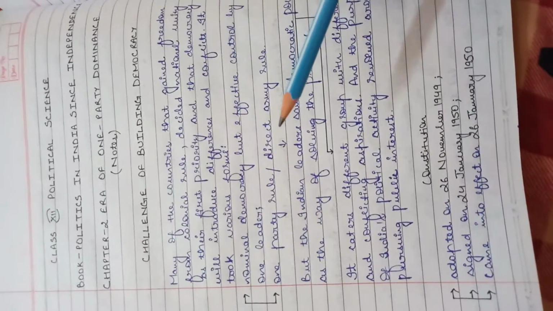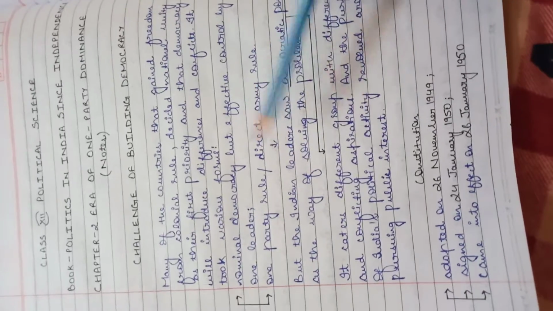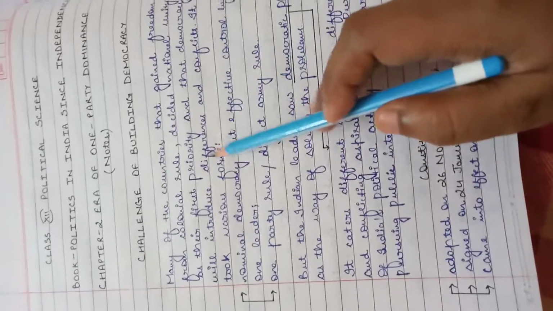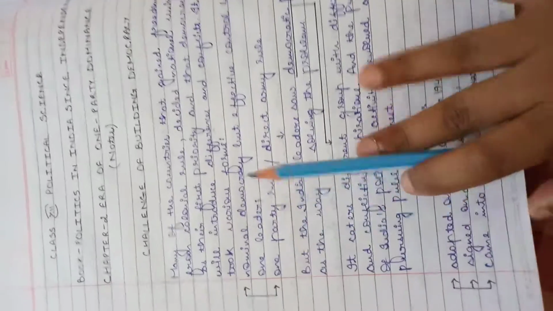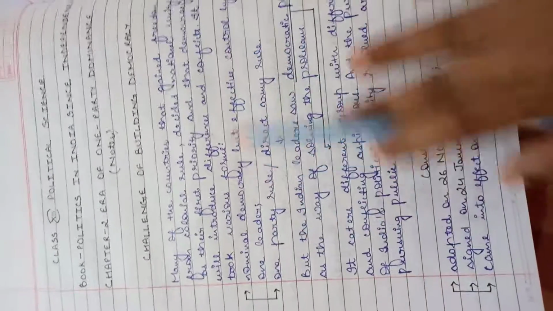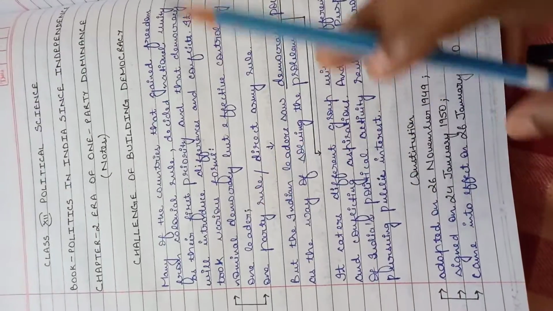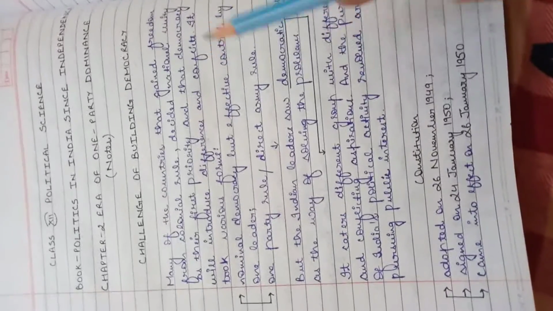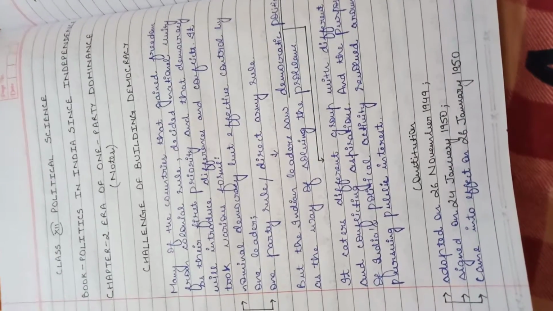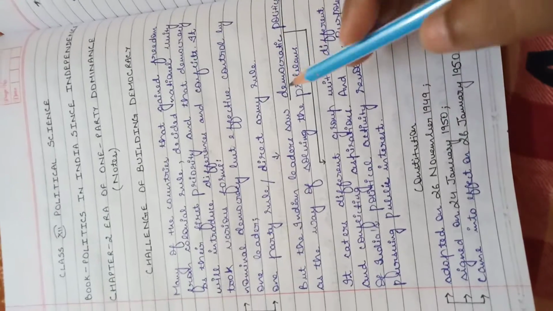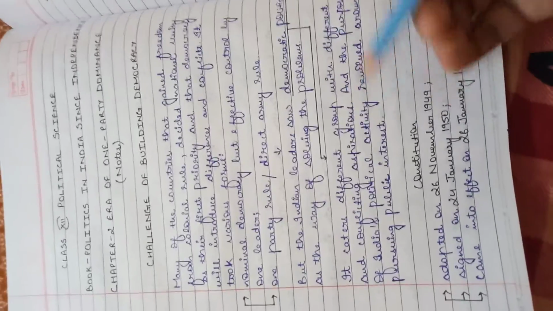Somehow other countries had this feeling that if they introduced democracy, it would lead to breaking of the country or arising of differences in the country. But India was different in this way of thinking. India never thought that democratic politics can create or break India. Its leaders always had one opinion, that democracy, and that too democratic politics, is one way of solving the problems. Now you will say how.